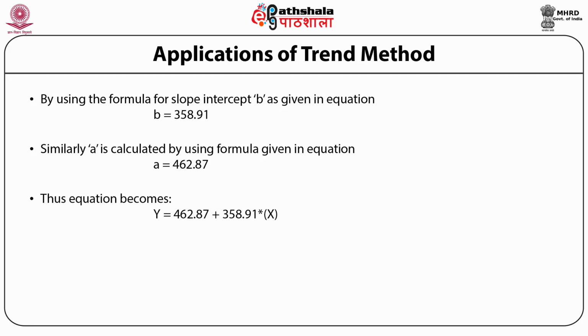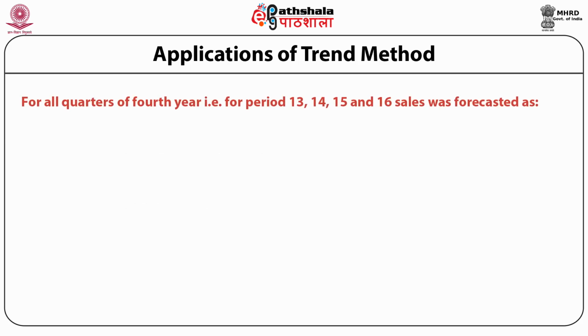Thus, the regression equation becomes y = 462.87 + 358.91 into x. For all quarters of the fourth year, that is for periods 13, 14, 15 and 16, sales were